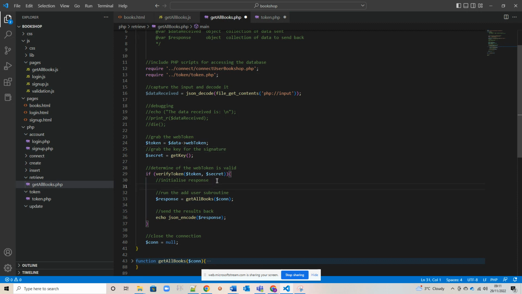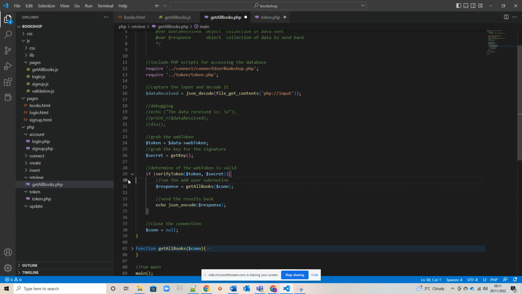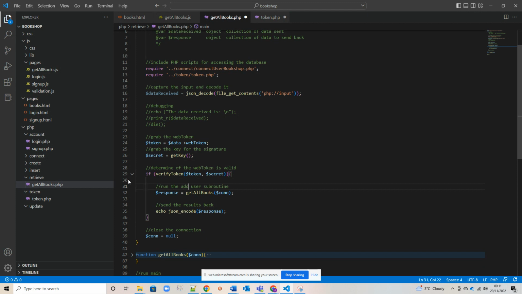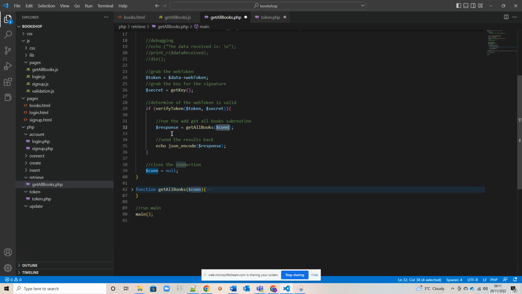Okay. So what we want to do is not run the add user subroutine, but run the get all books subroutine. Send the results back. So hopefully this is going to give us that. We only need to pass the connection to it. Okay, so that's our $con. And then in get all books,